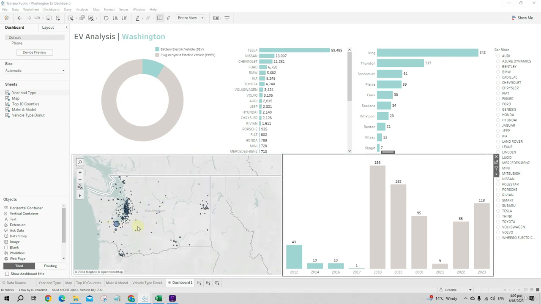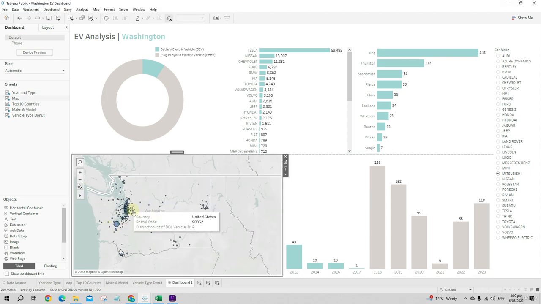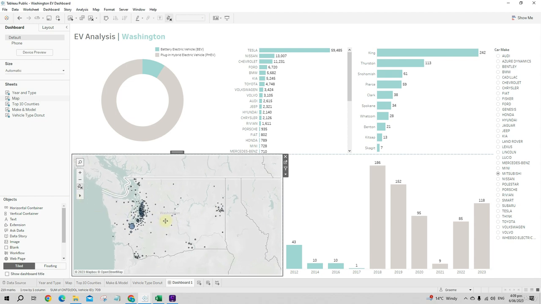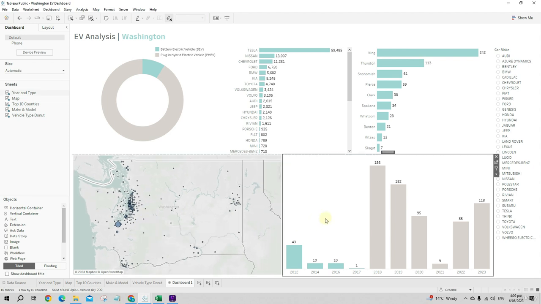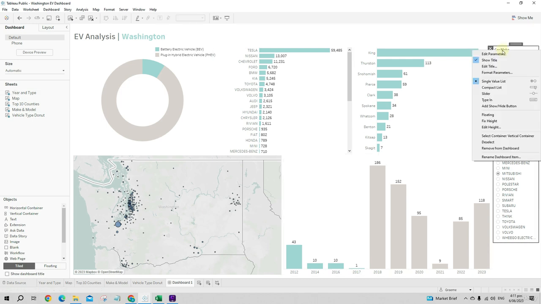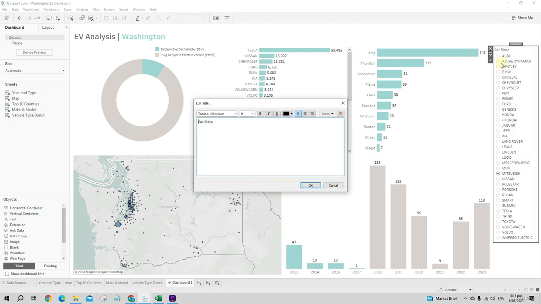So let's just zoom in here. Yeah, this is set to highlight. Let's just change it to pan. So if you click the arrow, you can change it just so we can drag on our map. And then let's just center our title here. So if we go to edit title, we can just bring it into the center here in our